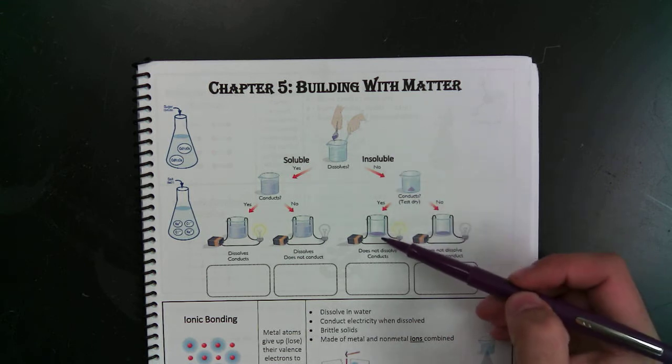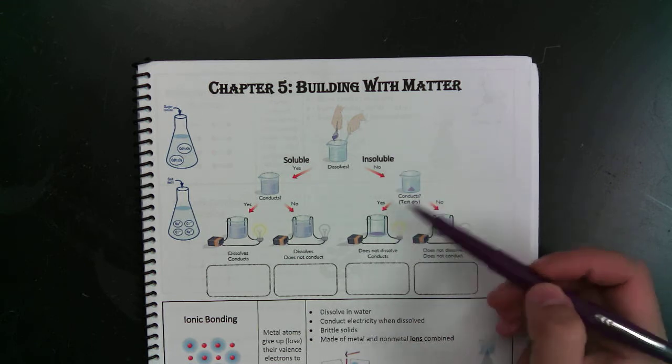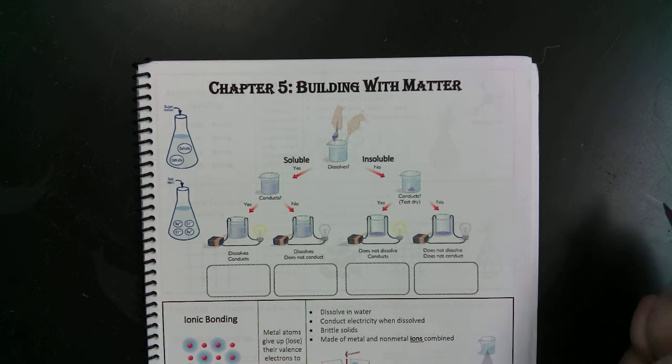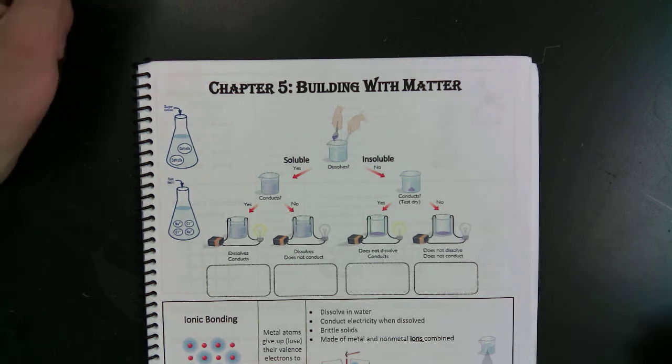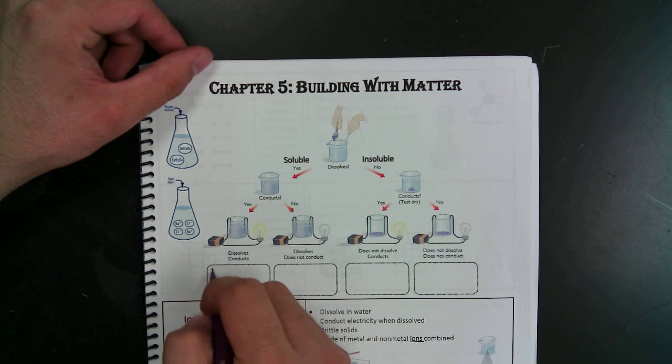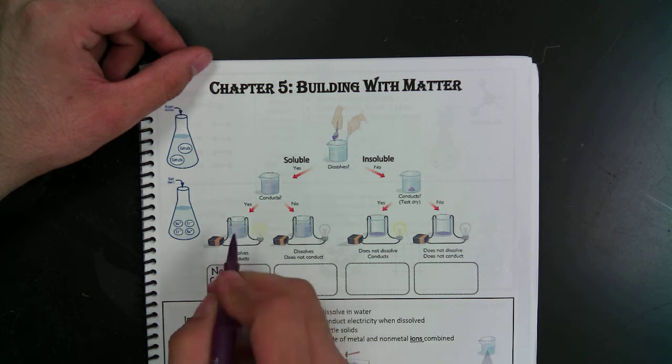Did it conduct electricity as a solid or did it not conduct electricity? And we then used those conclusions to sort the matter. And we saw that the things that were soluble and conducted were things that had formulas like NaCl and CuSO4